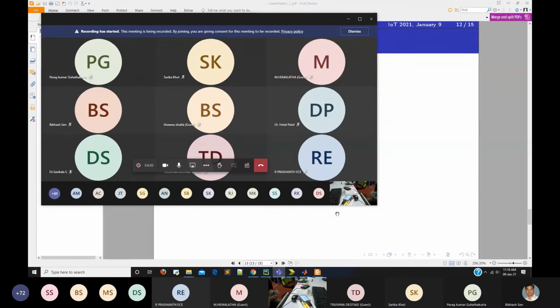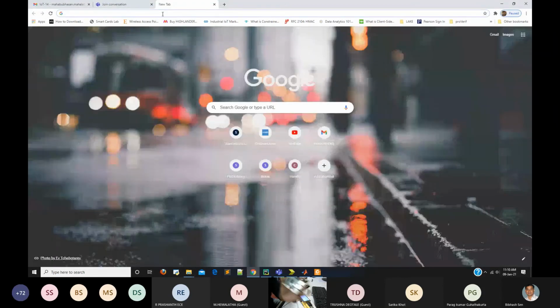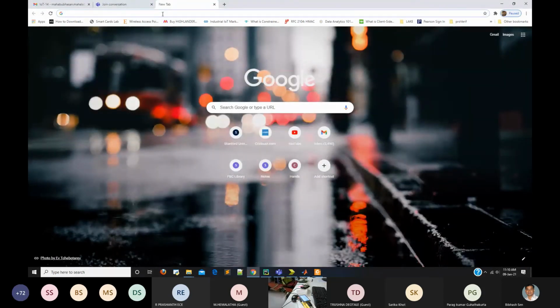To run this board, we need an operating system, which is a Linux-based operating system, Raspbian OS. I will show you the operating system.